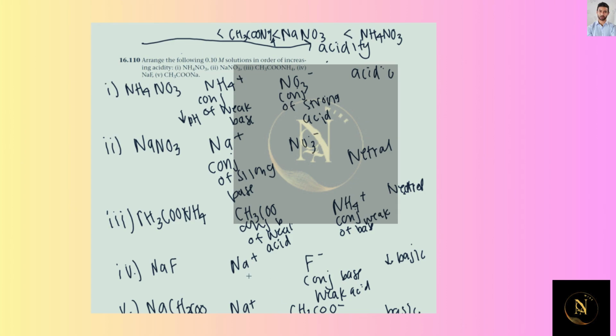And then next we have our two basic ones. To be able to figure out what the two basic ones were, we had a strong base for the NaF, plus a weak acid. So this one would be less basic than the strong base with a conjugate of the other one. So first we're going to have the NaCH3COO, and then